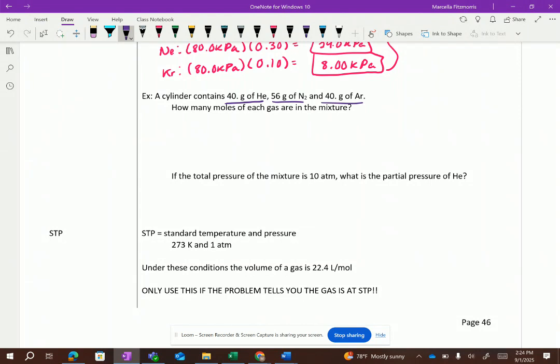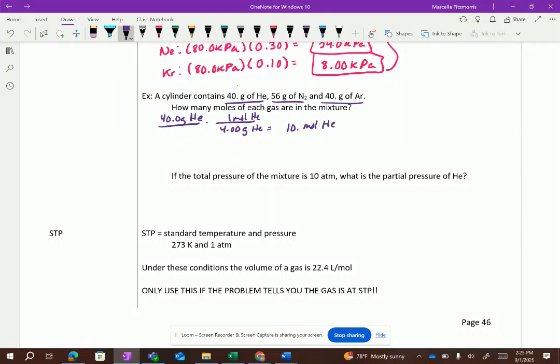Last but not least, I have 40 grams of argon. Argon's molar mass is 39.93 grams for 1 mole. And that equals 1.0 moles of argon. Okay? Now,